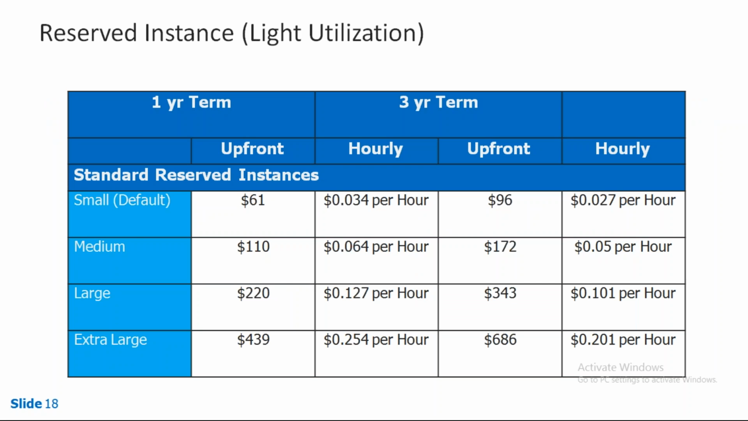reserved instances. Reserved instance, light utilization. You see 1 year term, 3 year terms, then upfront, hourly. These are the different charges we have, but it might change now. For example, just go through this slide. Small, medium, large, extra large, for all these we have different prices here, but that price is comparatively very cheaper